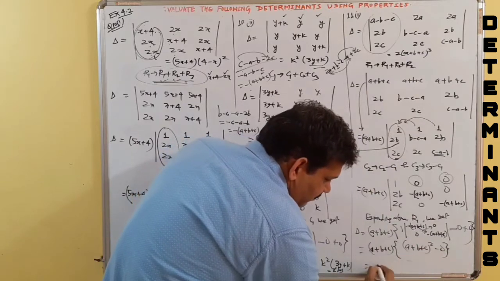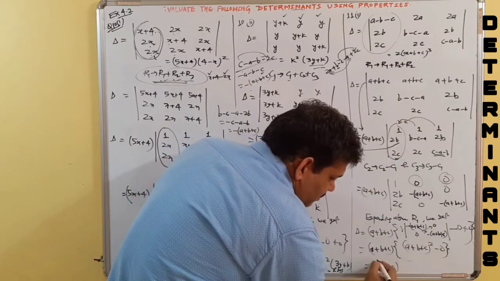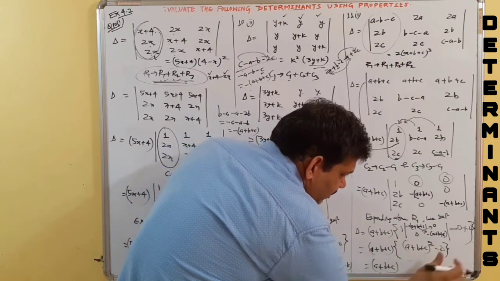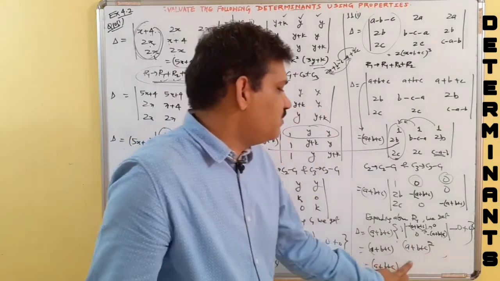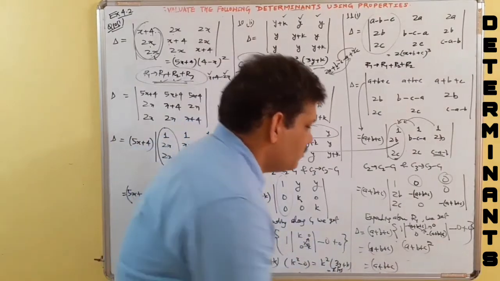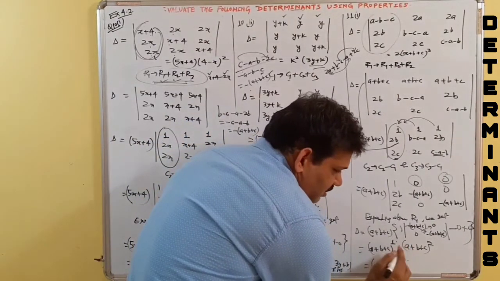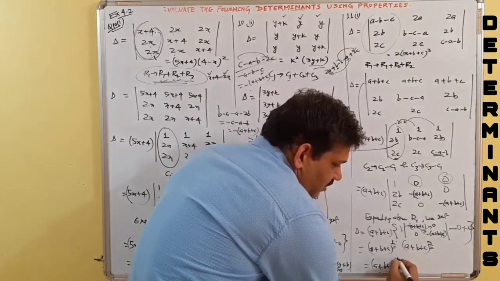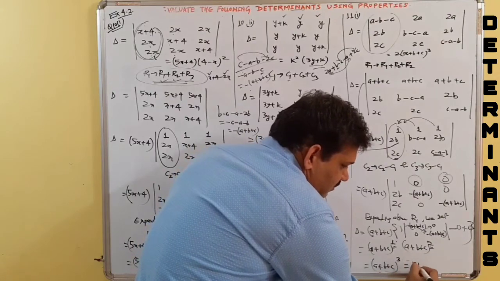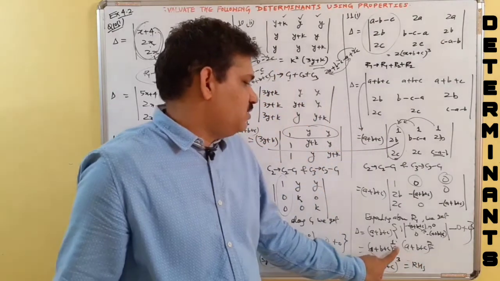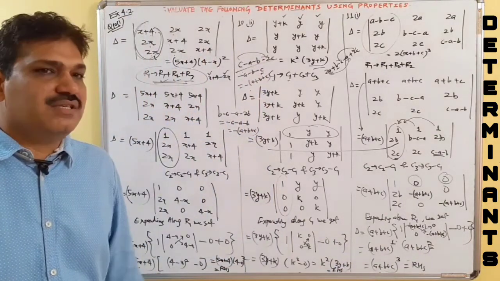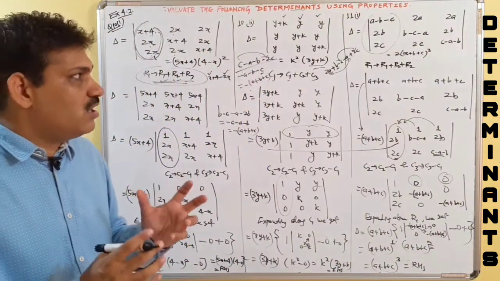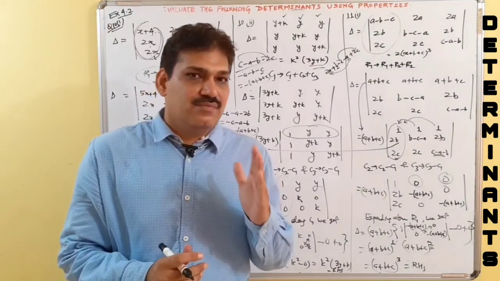If I multiply it by this, (a + b + c) square minus 0 is (a + b + c) whole square. Now (a + b + c) whole square into (a + b + c), the exponents will be added. So 1 plus 2, that is (a + b + c) whole cube. This is how we do. Let's take some more questions.